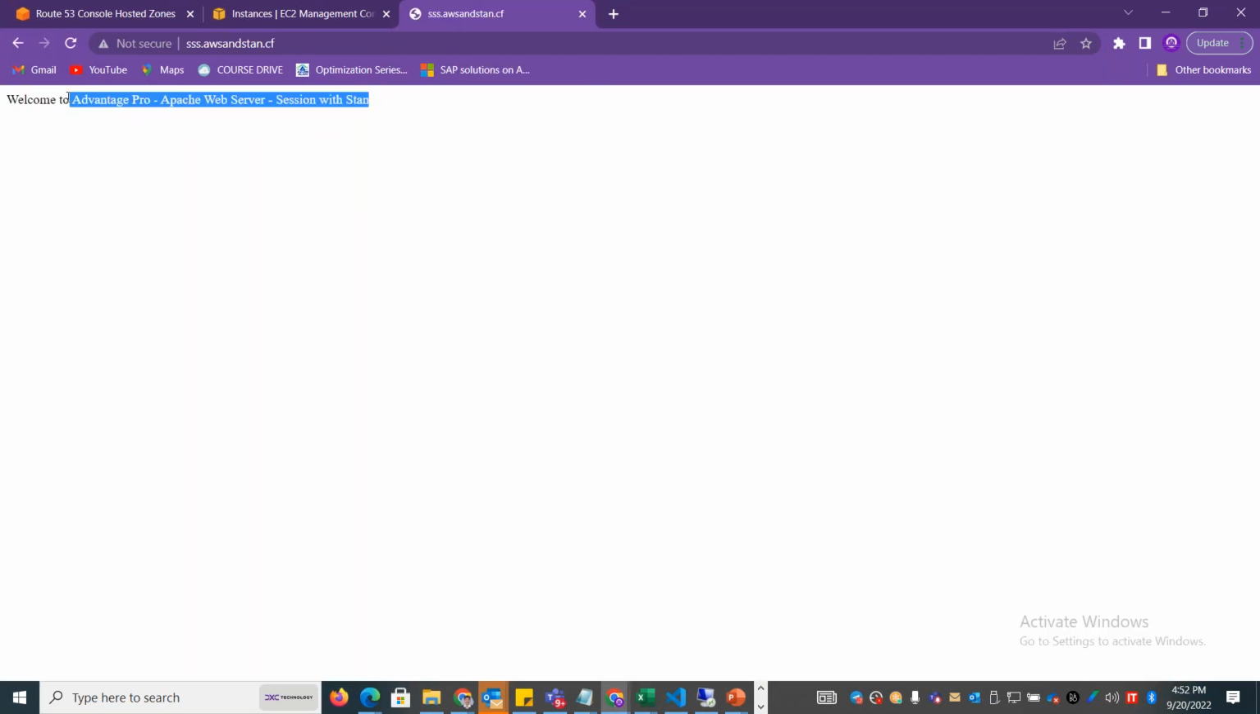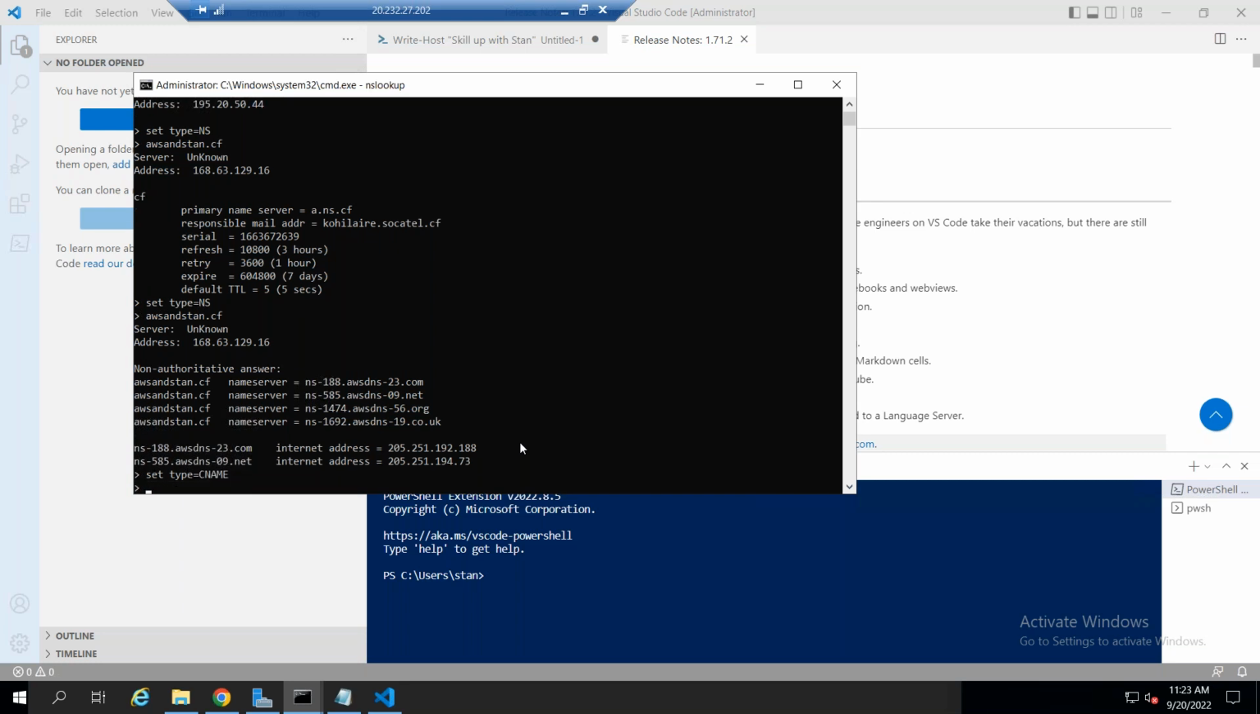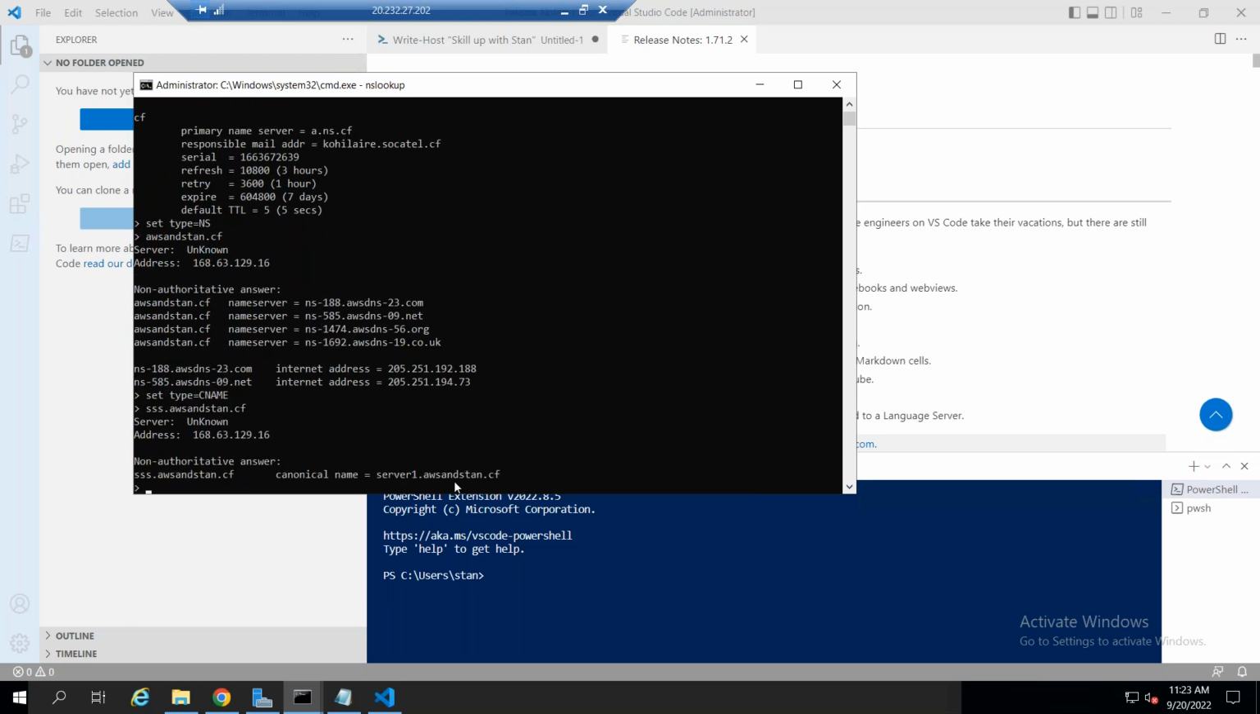So how do I verify this if it doesn't work? Okay, if I go to the NS lookup, I can check for that record. If I just say set type equal to maybe CNAME, canonical name, this will give me what kind of canonical name I have configured, what kind of alternate name I have configured. So if I just say sss.aws.stan.cf,